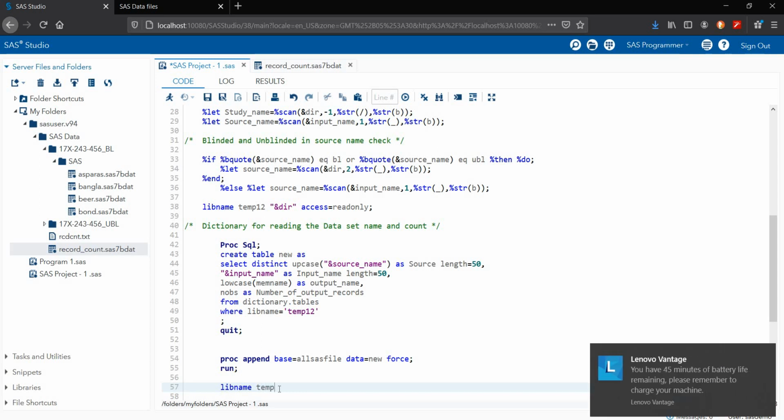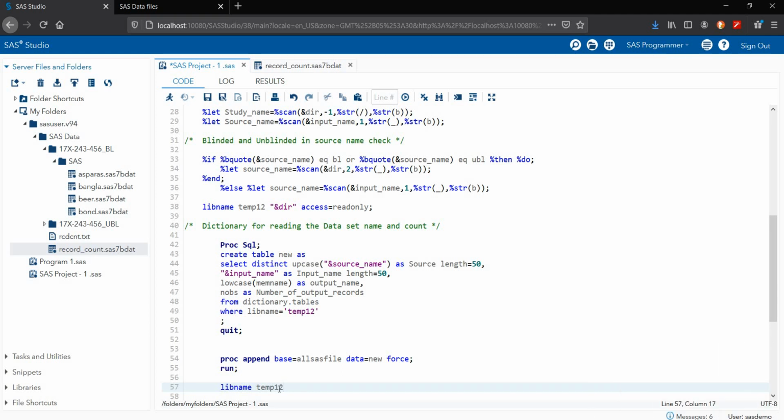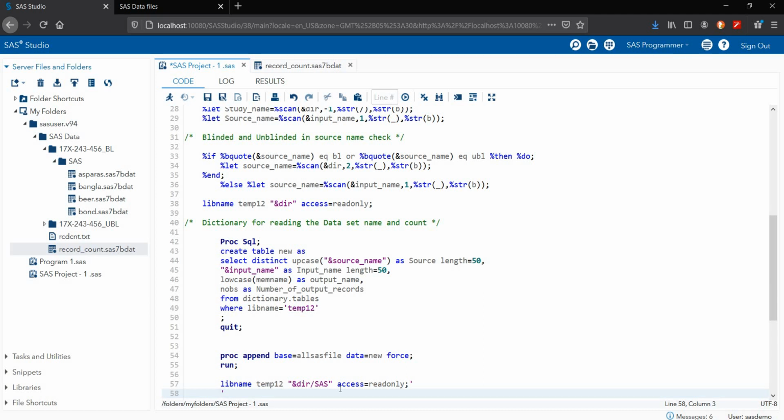Temp, my file name is 12, same as my library name. Then I'm declaring my directory, dir, then the SAS folder. Here I particularly wrote SAS. Let's suppose you have a different folder, you can write that particular folder name here, which you want to read out, access read only.